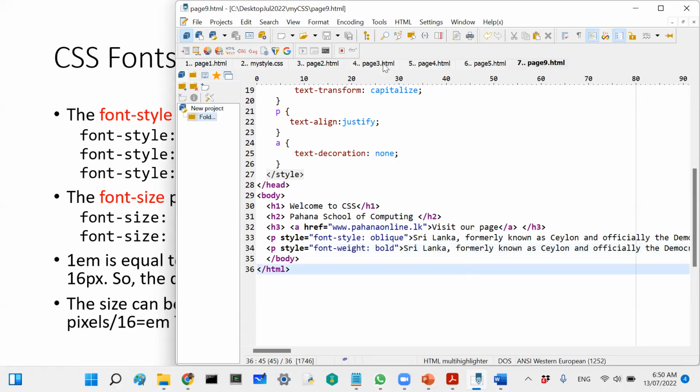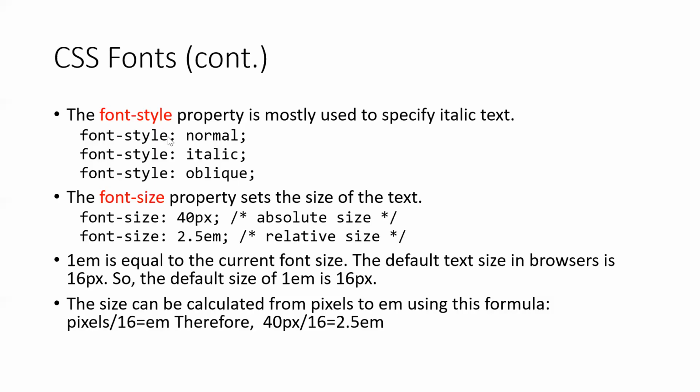Right, you can see the change. Another thing that you have to be familiar with is the font sizes. Now, when you have font sizes, usually in your case, you can have pixels, but the size em means relative